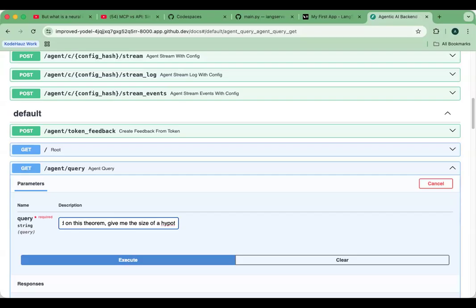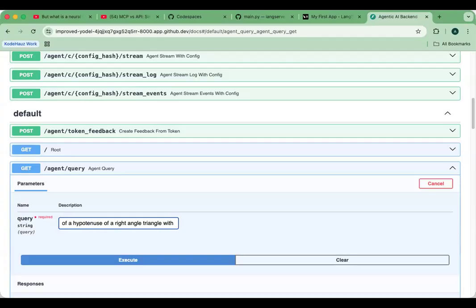Hypotenuse. Can't spell hypotenuse anymore. That doesn't look correct, but it probably is of a right angle. It's a long time since I finished school. My memory is failing. Okay, triangle